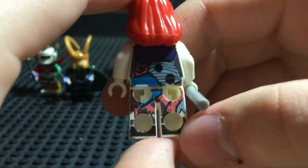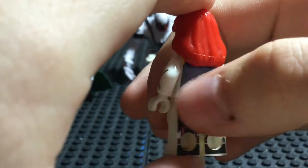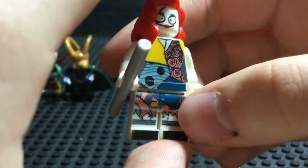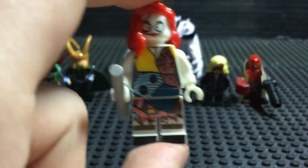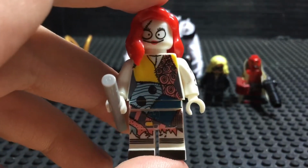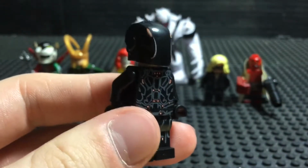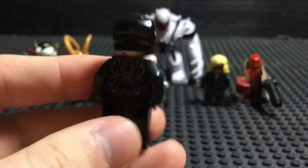I don't really see that with most LEGO customs. It's always the torso and the waist and then the front of the legs, never really the back of the legs, so it's pretty cool that they include that. Okay, so now that that's done, let's move on to our next minifigure. Next up on our list is Rinzler from Tron, and this wasn't